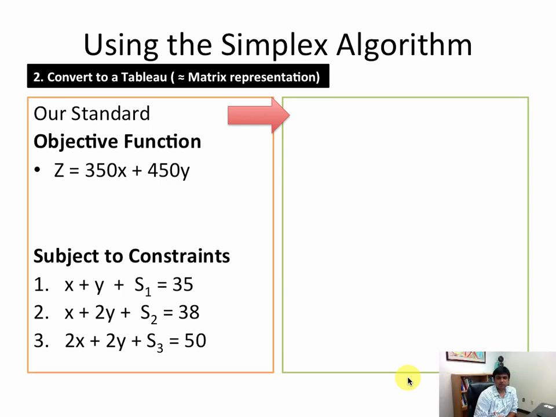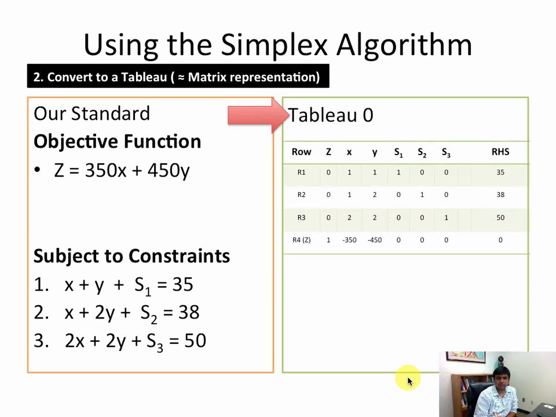So the initial tableau should look something like this. I'm going to name it tableau 0. You will have row 1 based on constraint number 1. Since the objective function z has a value of coefficient as 0, we will have 0, 1 for coefficient of x, 1 for coefficient of y, 1 for coefficient of s1, 35 for RHS, and then s2 and s3 are